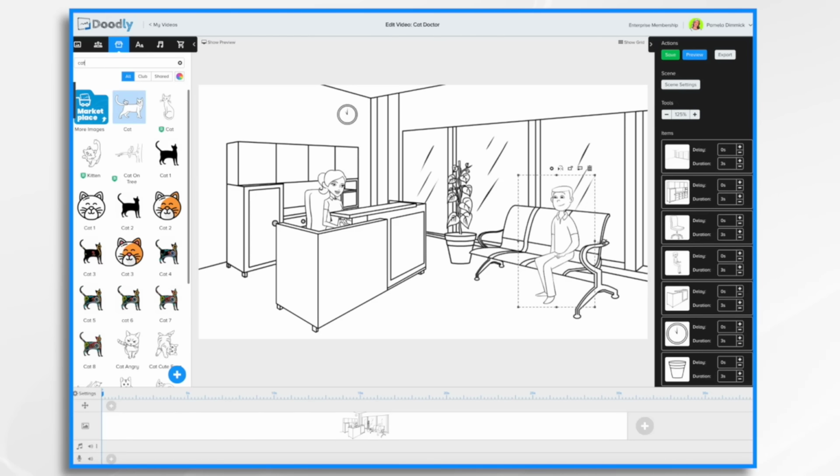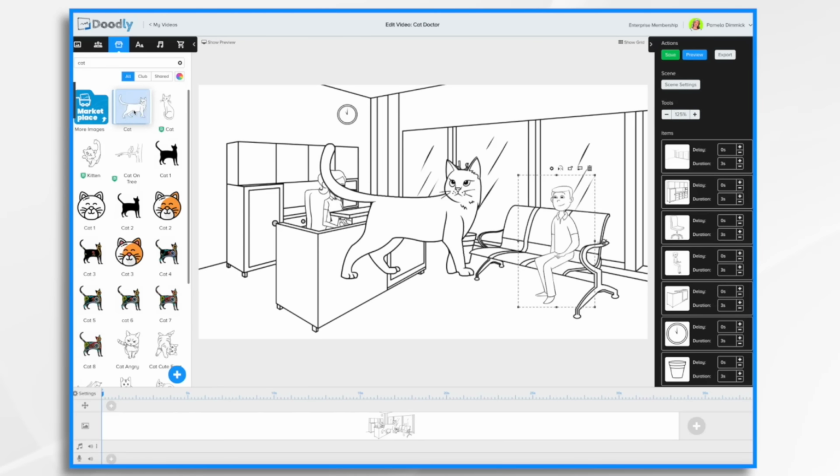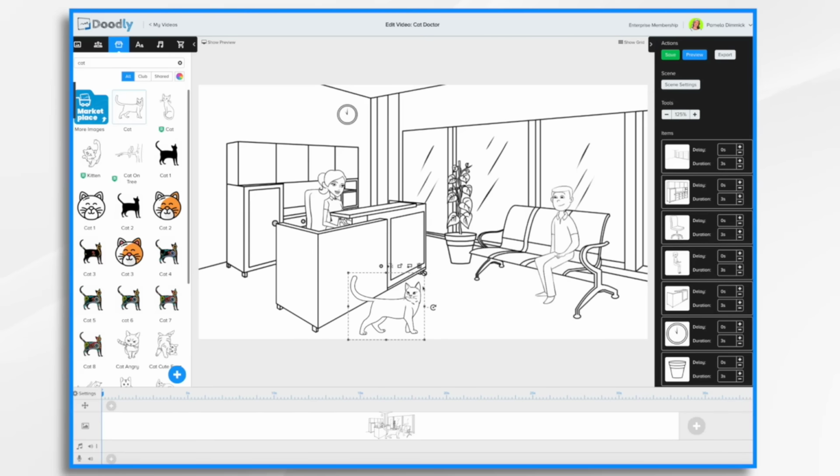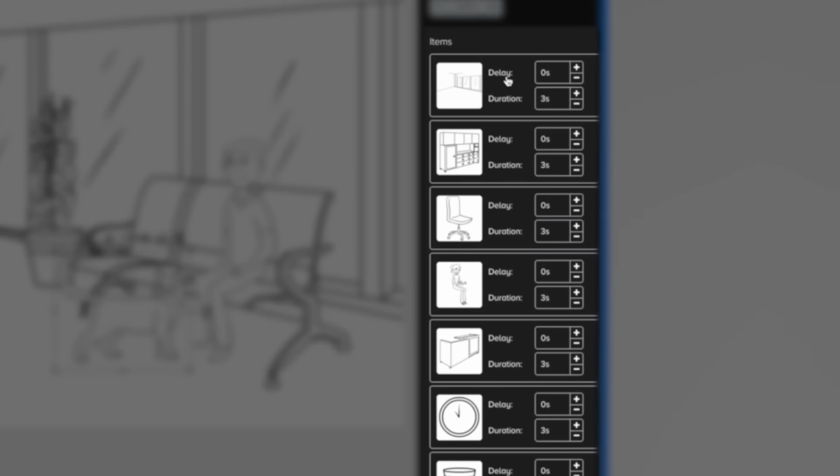And I think this cat right here will be perfect. So I just clicked him and he's here. Also drag and drop him. And then I'm just going to resize the cat and place him next to the owner. And that looks great. Now over here again in the Actions panel, you're going to notice that there's a delay